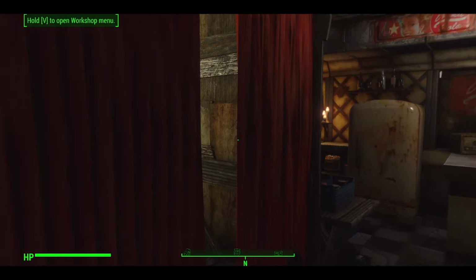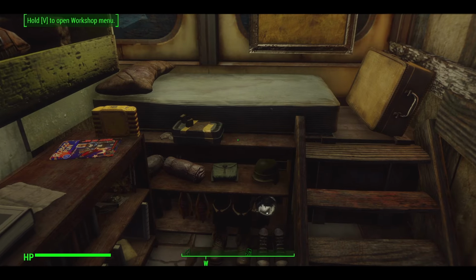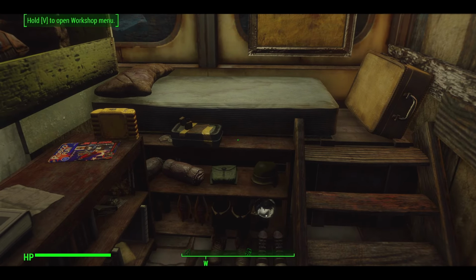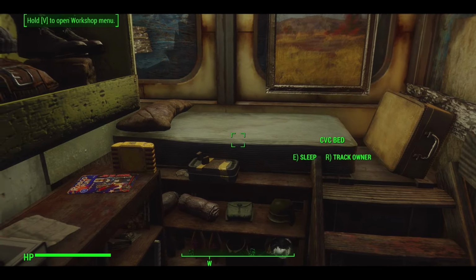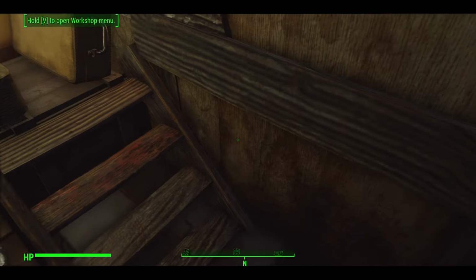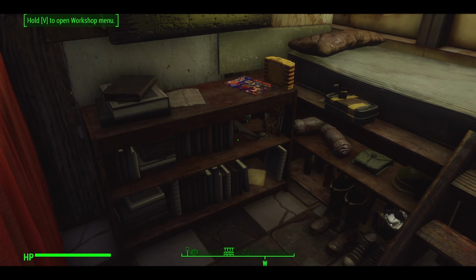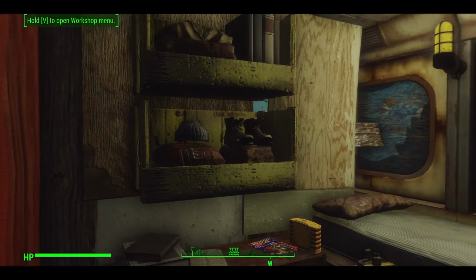Let's go with the bedroom first. So I've got this mattress raised up, and I've got shelving and stuff underneath, just to utilize the space a little bit better. So you just climb these stairs to get up to that level and go to sleep. And let's just come in here and go to the corner. So we've got plenty of stuff to store in here, just books and things and clothing items, and